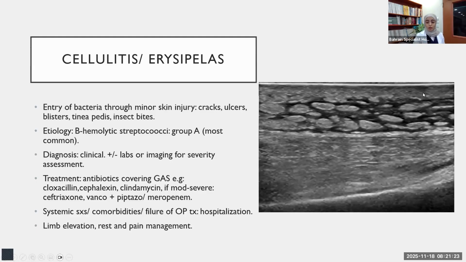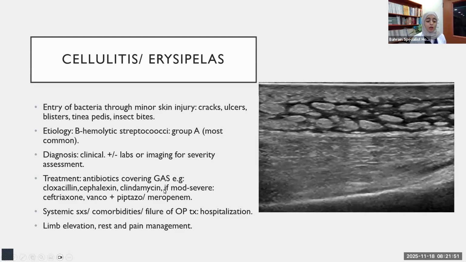So here you have the ultrasound. As you can see, this is the subcutaneous tissue, which resembles what we call cobblestoning. And this is what is usually seen on the ultrasound if the patient has cellulitis. For the treatment, it is antibiotic, which should cover the group A streptococcus, including cloxacillin, cephalexin, and clindamycin, although clindamycin